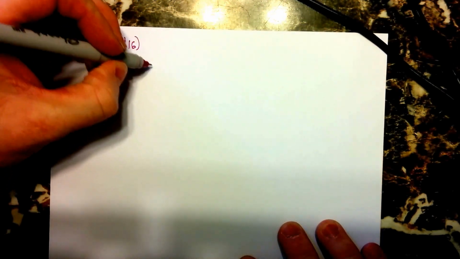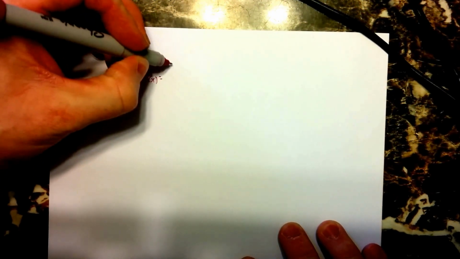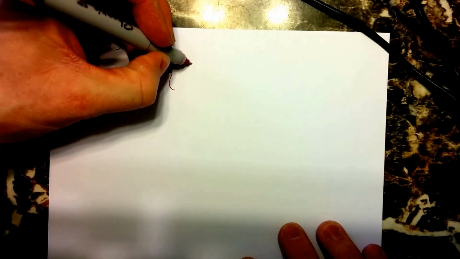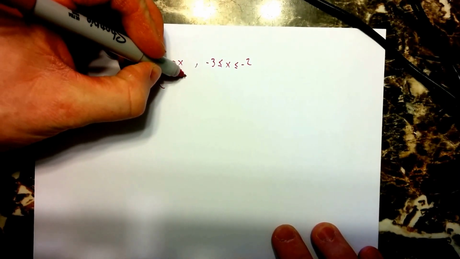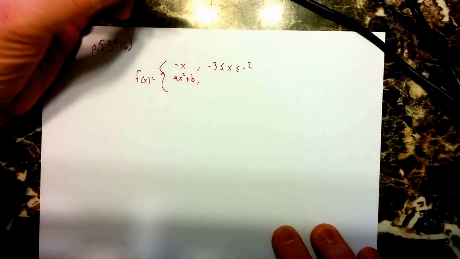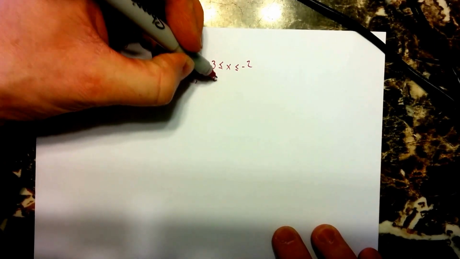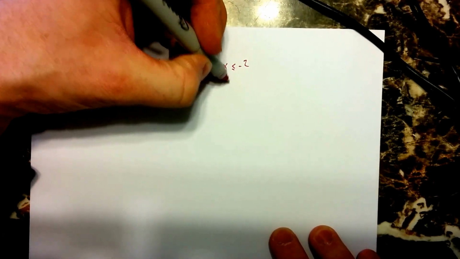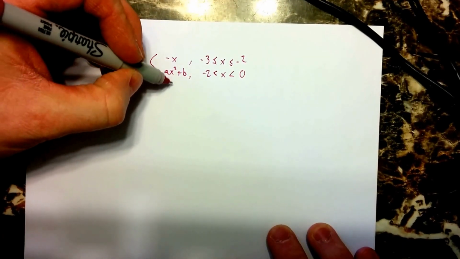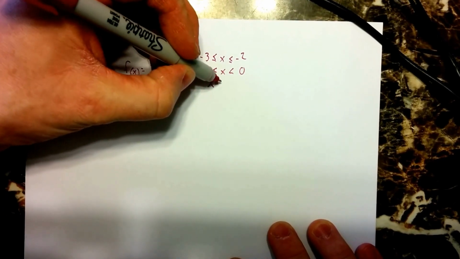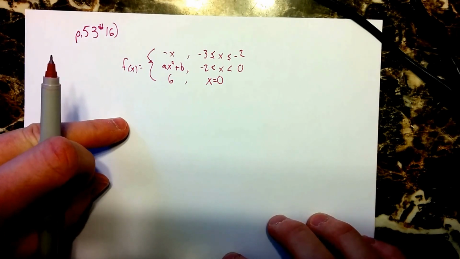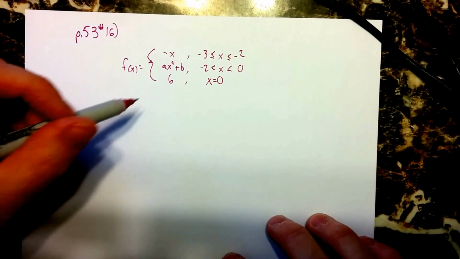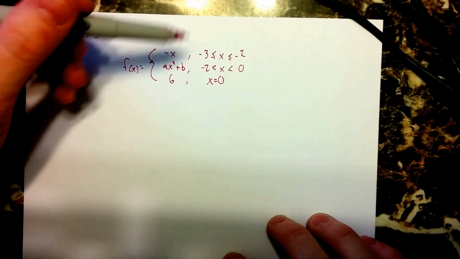Page 53, number 16 deals with a piecewise function f of x, which is equal to -x when x is less than or equal to -2, ax squared plus b when x is between -2 and 0, and 6 when x equals 0. And the question is, find values of a and b so that the function is continuous on its domain from